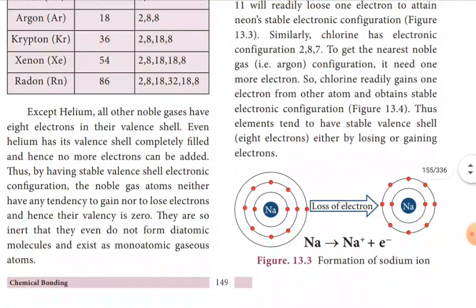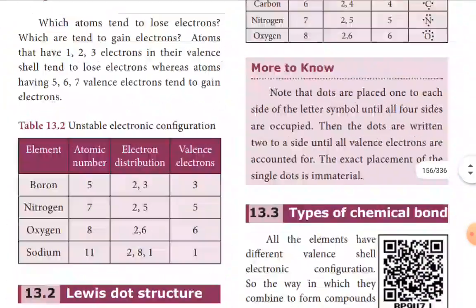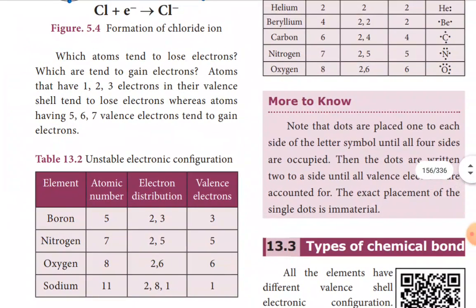Now, what is the octet rule or rule of 8? How is the sodium ion formed and the chloride ion formed, and what is a sodium chloride molecule, how is the sodium chloride molecule formed? After this you have to go through and learn thoroughly. This is an important lesson. The chemical bond, how bonding takes place, and what is the octet rule, all this you have to learn thoroughly. And you have to finish the classwork and prepare well.